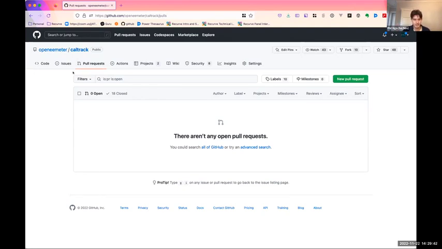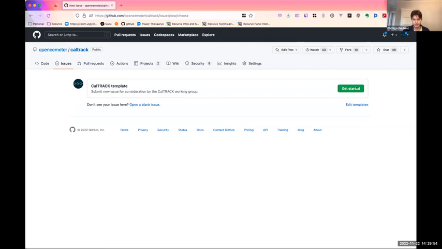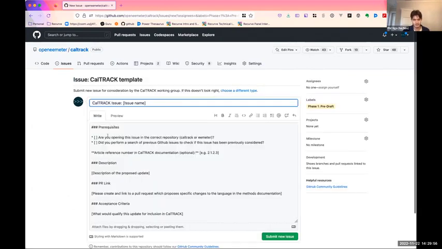If you're not quite ready to make a specific change, you can of course also create an issue. You know, hey, I'm running into this seasonal bias issue. I have a thought for how to fix it and would like to test it. When you do that, you'll have an option to create a new issue here. You'll be able to get started. There's a CalTrack template here, which will walk you through what you need to do to describe that issue and what we might do to test it.